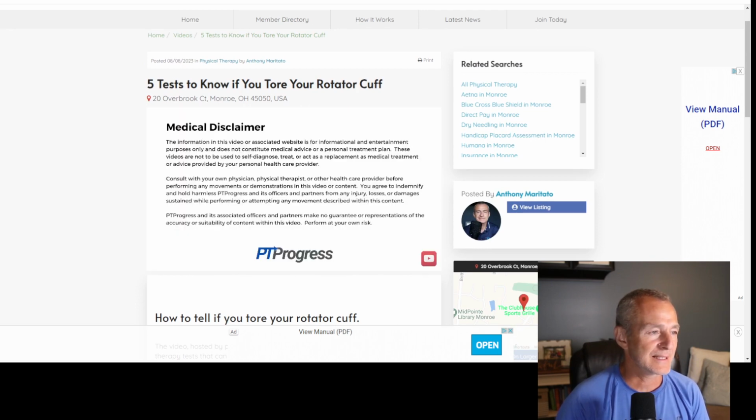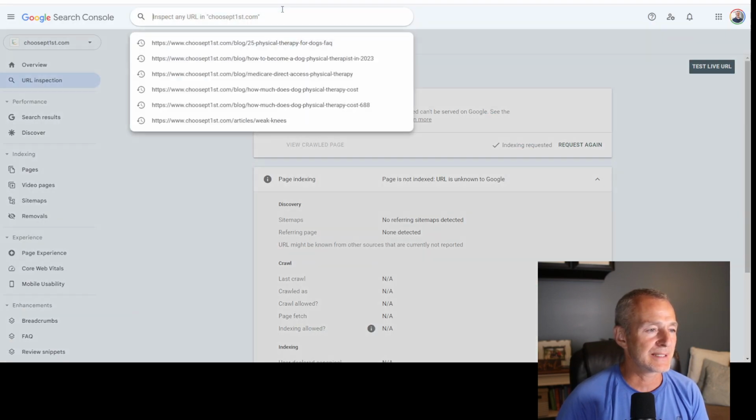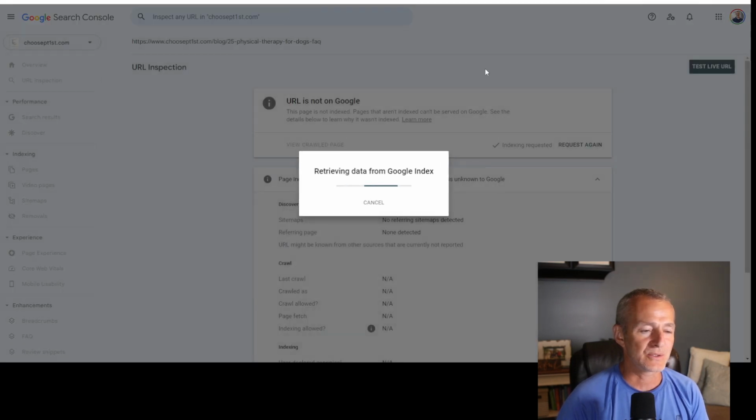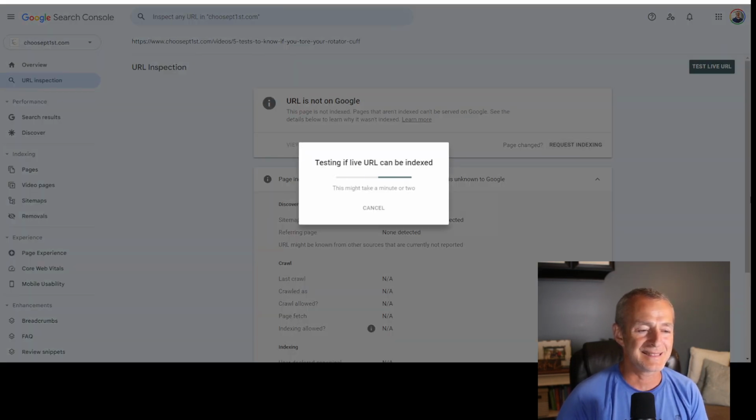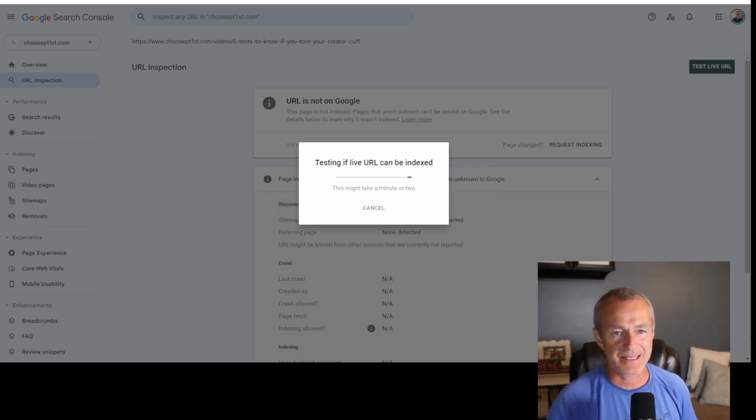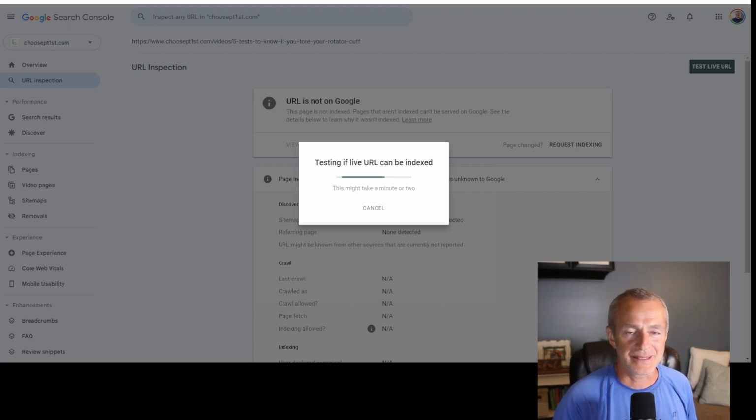And then if I copy the URL from that page, I paste it into my Search Console to request indexing, just because I haven't updated the sitemap yet. This is just one quick way to maybe get that indexing a little bit quicker. So these are strategies that I use pretty much every single day to grow my site. You can see how quick that was. We're at 11 minutes and 45 seconds right now. I mean, that's awesome. And it's good, high quality content that has a proven track record that we know people want